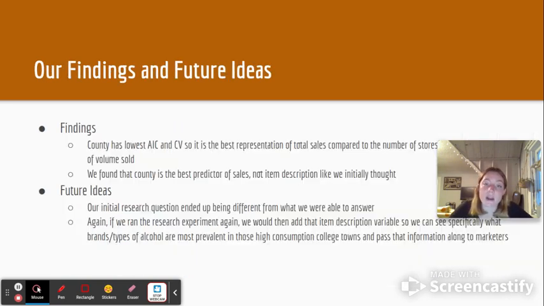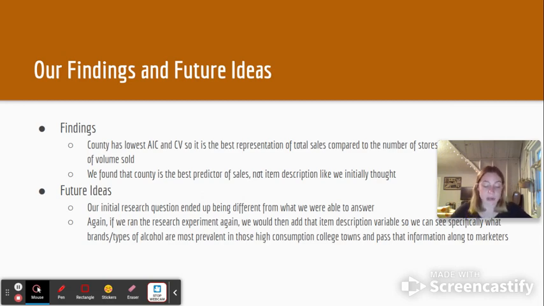So finally, our findings and future ideas. First, to start with our findings, we see that county has the lowest AIC and CV, so it is the best representation of total sales compared to the number of stores in the area and the amount of volume sold. We found that county is the best predictor of sales, and our next step would be to see how good of a predictor of sales item description is, which goes along with our future ideas,